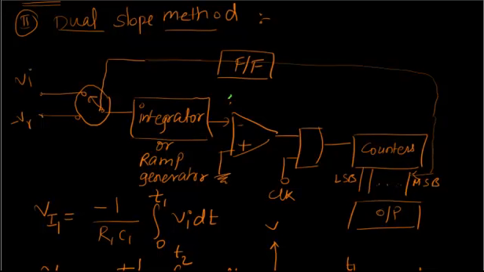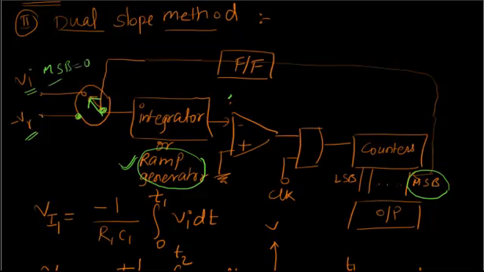See here, this integrator. This integrator is nothing but ramp generator. Remember, in that previous circuit we had a ramp generator. This is also having the same function. Now this is connected to a switch. This switch can be between minus V reference. This is some reference voltage. This is our input which has to be converted. Now this switch where it should be depends on the MSB of the counter. Remember. Now if MSB equal to 0, the switch will be near Vi. If MSB equal to 1, this switch will be near VR.